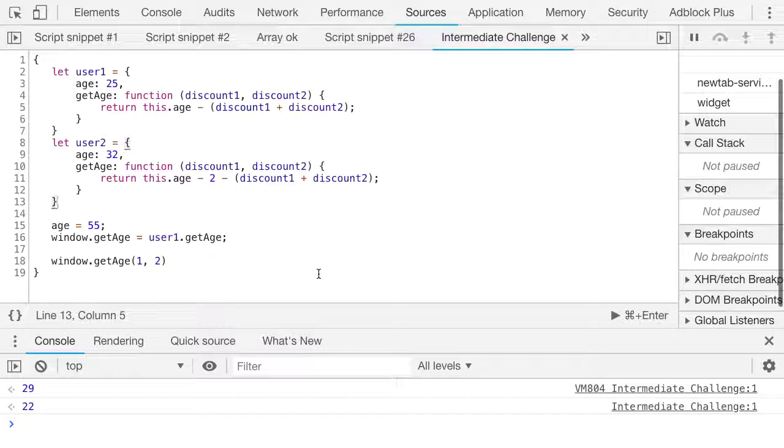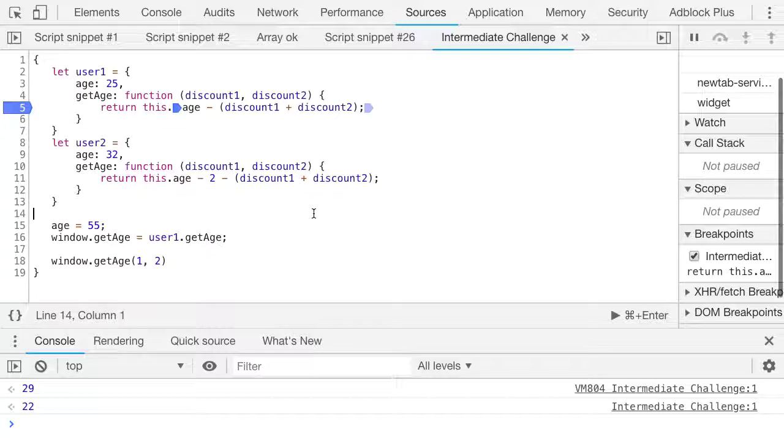The window, that's correct. Remember what we said when we started this workshop: lexical this, by default, points to the object that invoked the function. Who invoked the getAge function? Was it user 1 or was it window? It was window, correct. So with a breakpoint on line number 5,